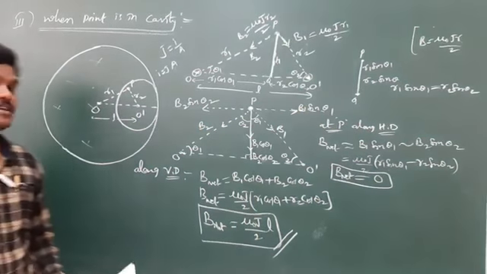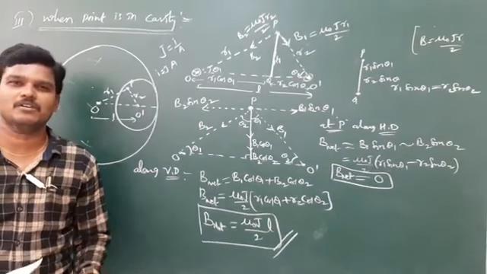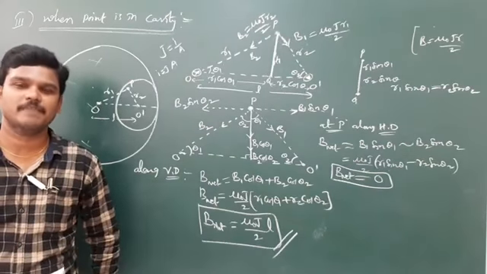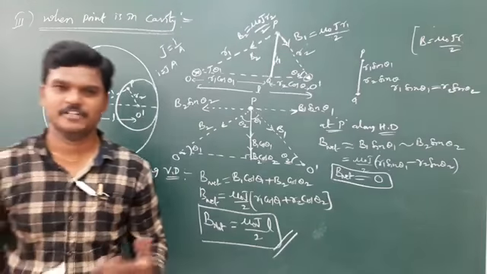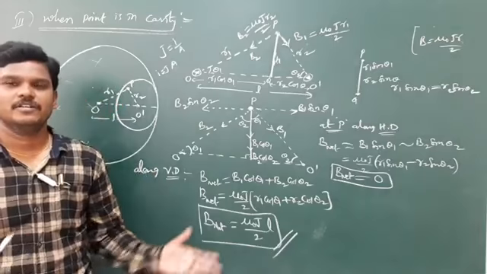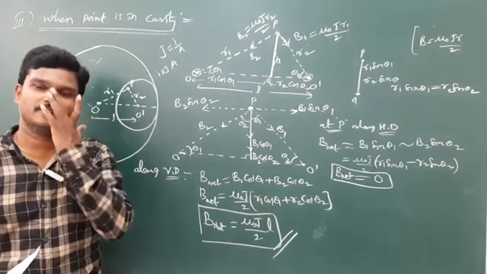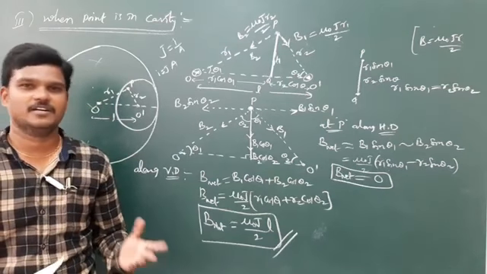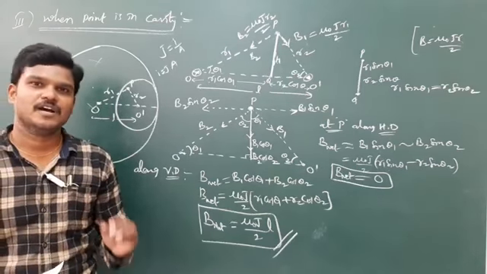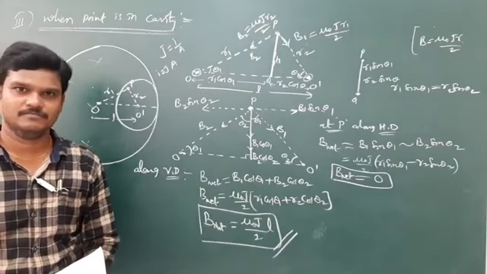Yeah, take this and see. Now almost I covered maximum number of models in moving charges and magnetism. Still so many are there, but anyhow we need to stop the chapter. So in nearly 14-15 hours, almost I covered plenty of models which are important for JEE and NEET and other exams. Of course, I covered concepts also, variety of concepts I covered.